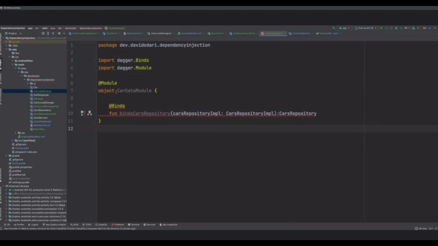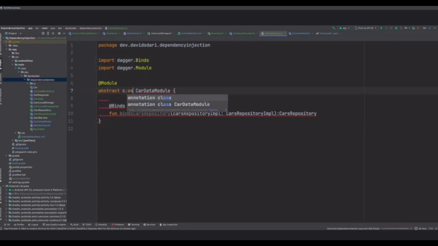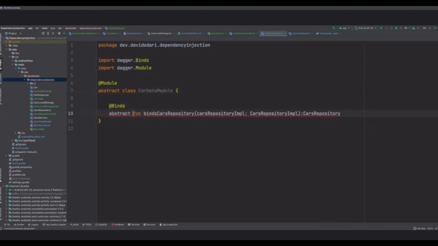Oh yeah. The thing with binds is, another thing I forgot to mention, if you're using binds, it's going to be abstract, meaning it has no implementation.